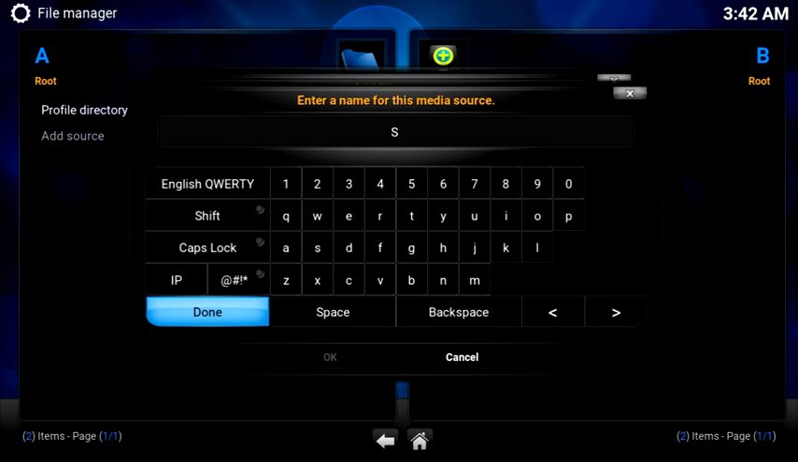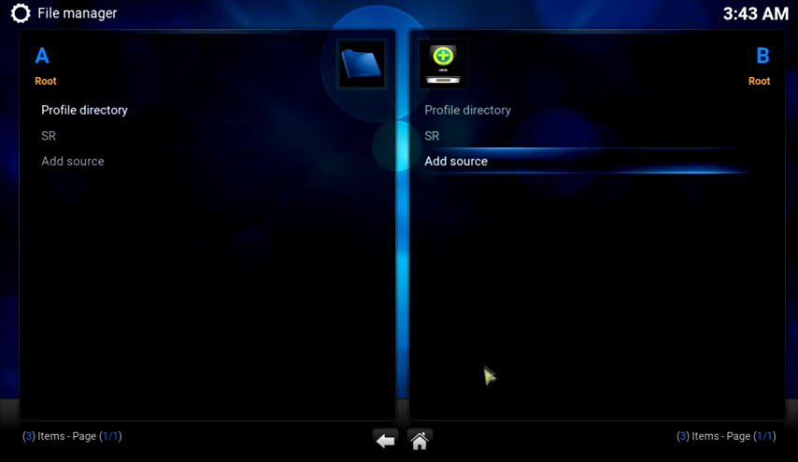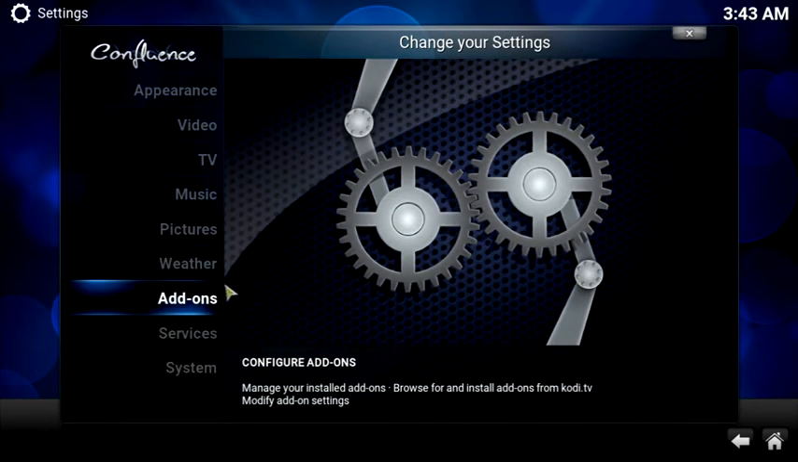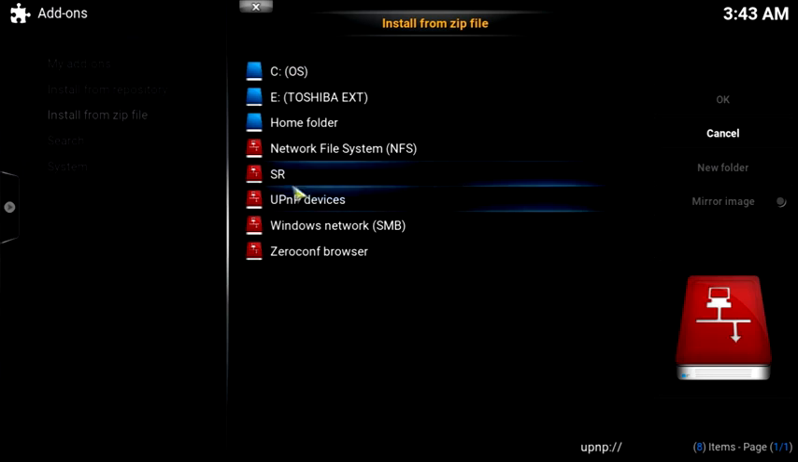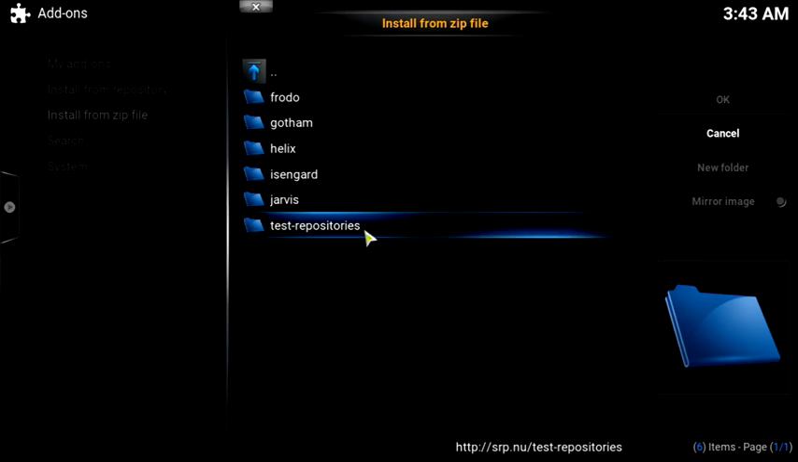We're gonna name it SR as super repo, make it simple. You click on done, you click on OK. Then you go back to home. You're gonna go to system, add-ons, install from zip file, you're gonna click on SR or whatever you named it, and then you're gonna pick your